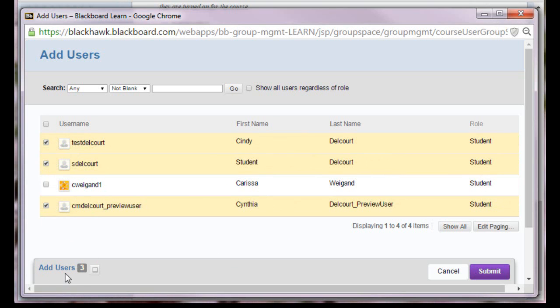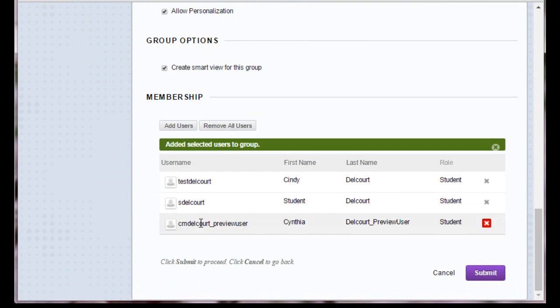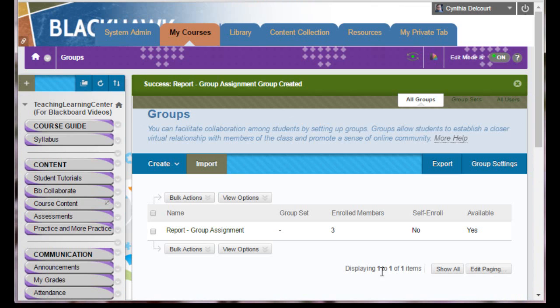And it shows that you have chosen 3, and then just click Submit. Okay, so here are the users that we've put in the group, and then just click Submit. So now how do you know that the students actually got in the group if you want some kind of